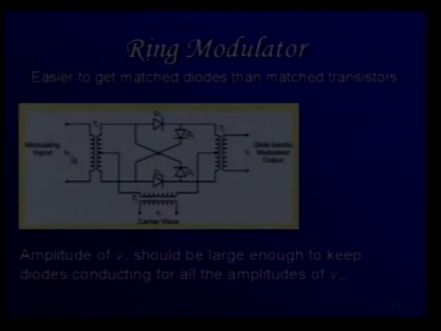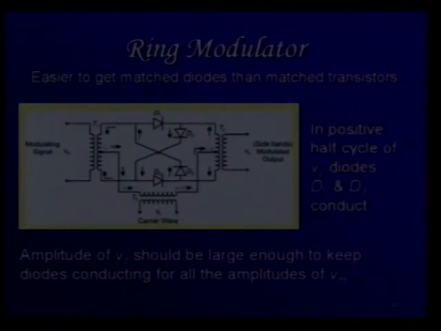The VM signal may be present, may not be present, or have any amplitude, but you should have a carrier wave amplitude in such a way that whenever, say, in the positive half cycle of this carrier wave, 2 of the diodes are conducting, and the other 2 in the negative, and they should always be conducting for all values of VM. Then only is it possible to operate this circuit. Now, if we consider the positive half cycle of the VC, I am not bothered about VM yet. So, in case of VC, say if I have positive